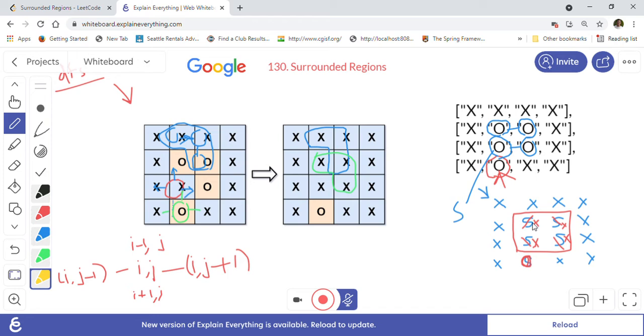This S that we changed should be converted to O, because those are not captured regions, since they are not 4-directionally connected. So we make them O again. This one that we had changed to S is not a captured region, so we cannot flip it to X. We have to make it O again. That's what we are doing here.